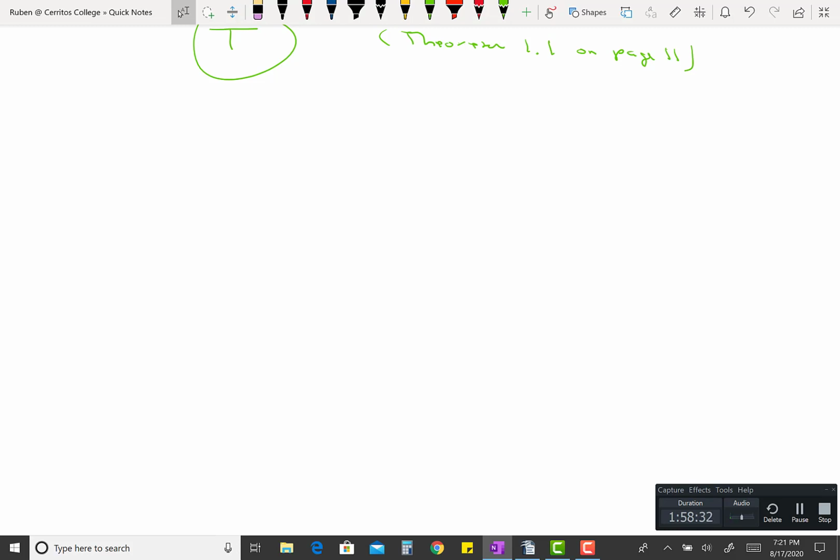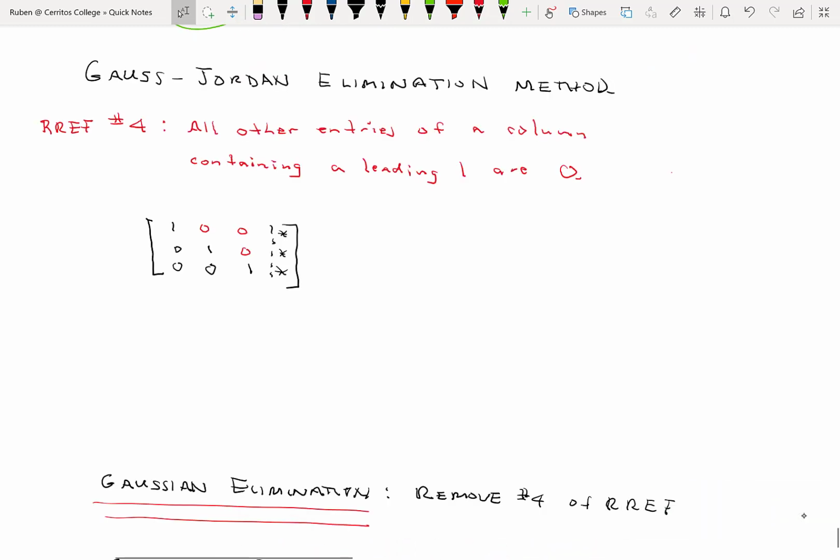row operations that are used to produce, or rather to remove, one of the 4 things that are required for the Gauss-Jordan RREF. Okay, if this didn't make sense, let's take a look at it. Again, the method is very easy to describe. We've done all the work we really need to do on the Gauss-Jordan elimination method to get most of this next